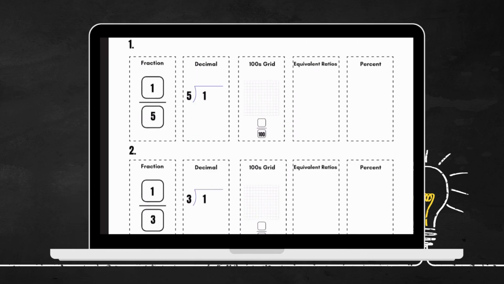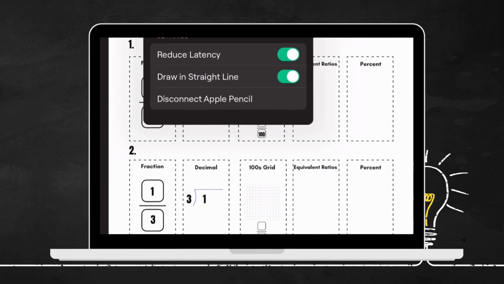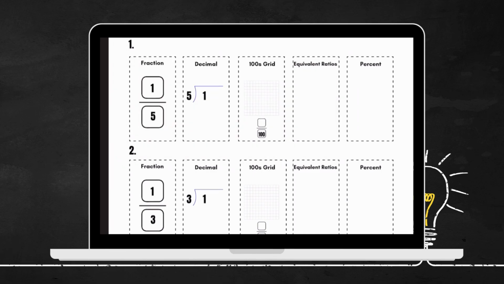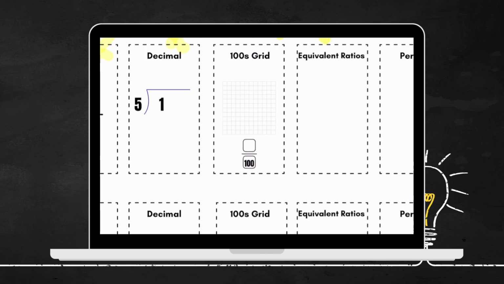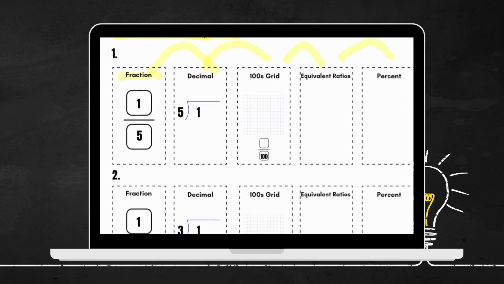Okay, for our first set of practice problems, we are going to start here by filling in each of the boxes to find the percent. So you can see that progression that I was speaking of earlier. We're going to start with what we know about fractions, convert them into decimals, look at what that looks like visually in a hundreds grid, create equivalent ratios, and then finally we'll write what our percent is. What is 1/5